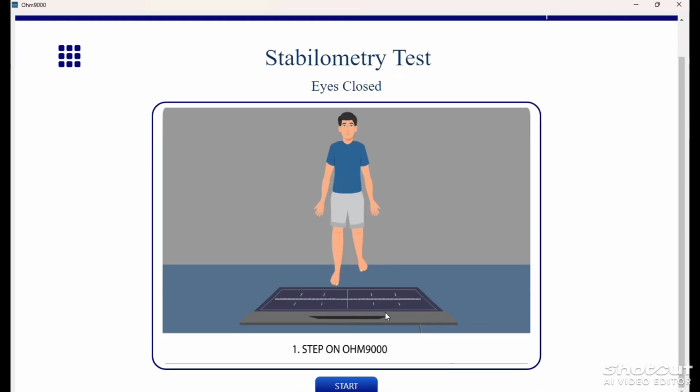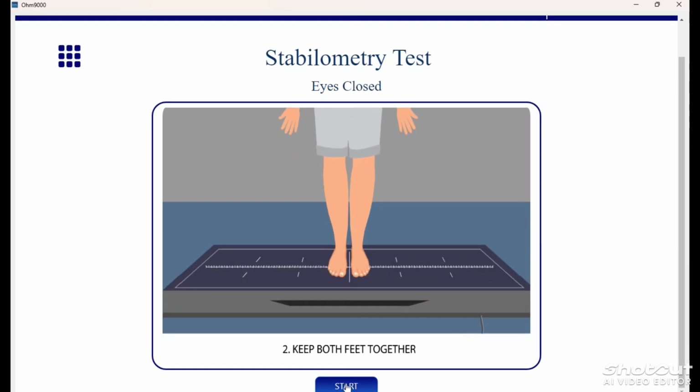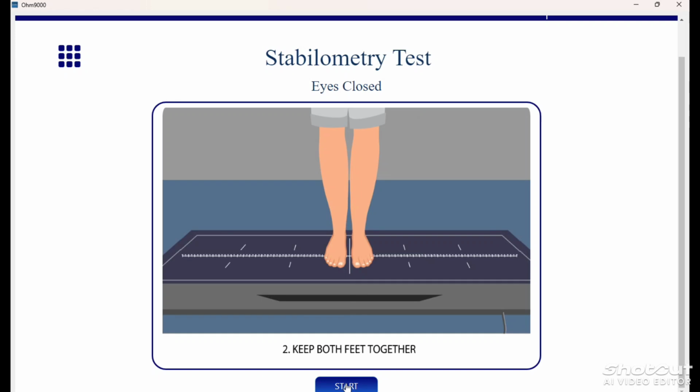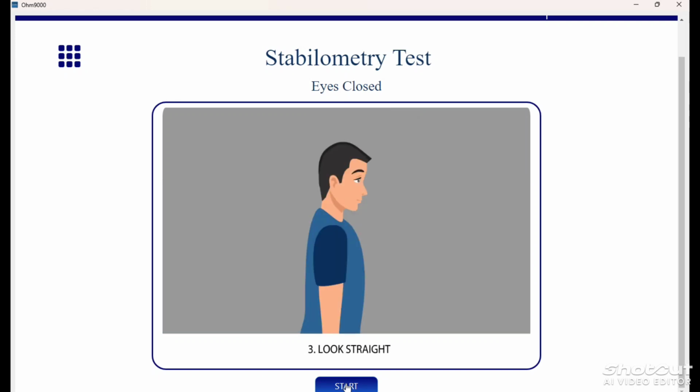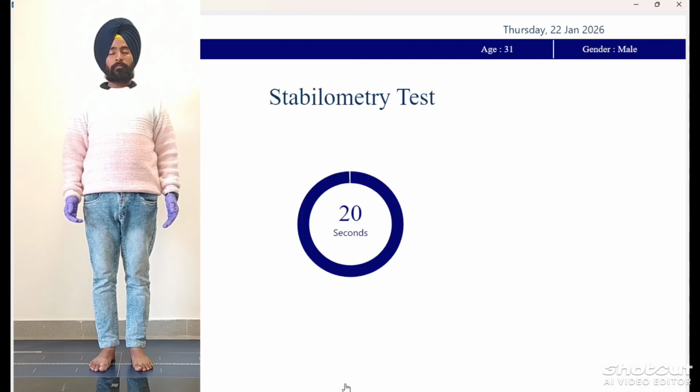So here is the next video example data for the eyes closed stability test. In this test, our subject needs to stand the same as in eyes open, but the only difference is we instruct our subject to close his eyes during the test.